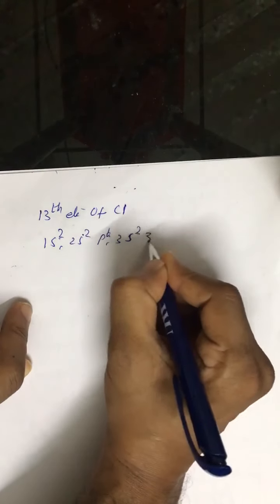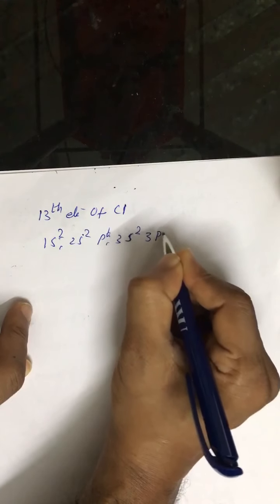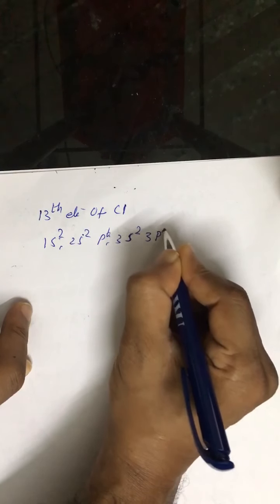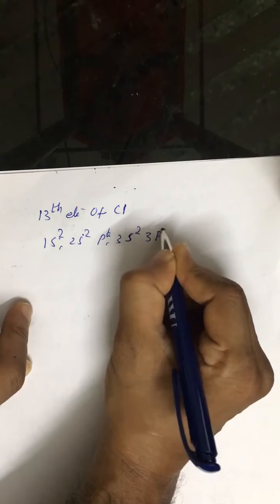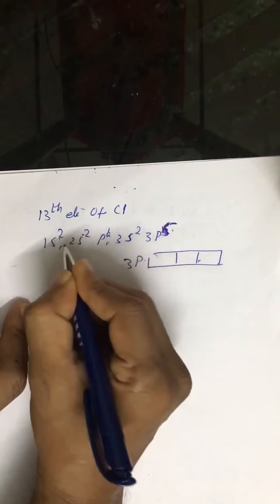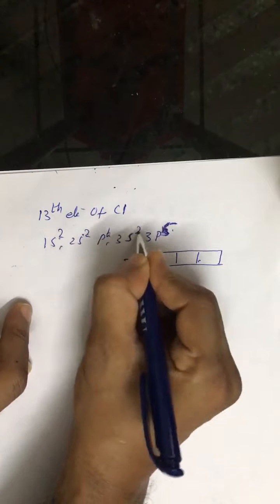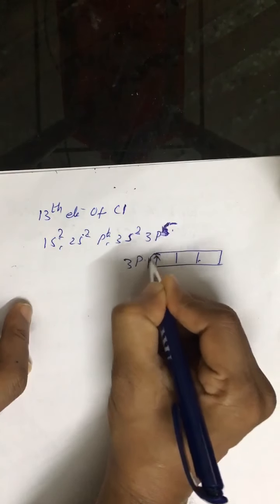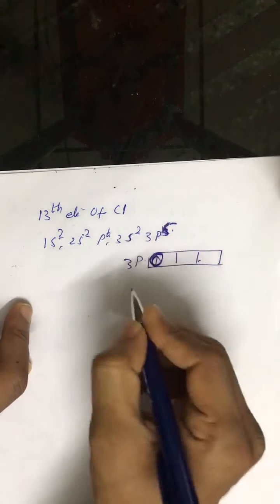Now for the 13th electron, we have to write the quantum numbers of this 3p1. In 3p we have 6 electrons, no doubt, 3p5, but we are not concerned with the whole configuration. You have to write the p subshell. This is 3p, and 2, 4, 6, 10 plus 2 is 12, and this is the 13th electron. We are bothered about this.